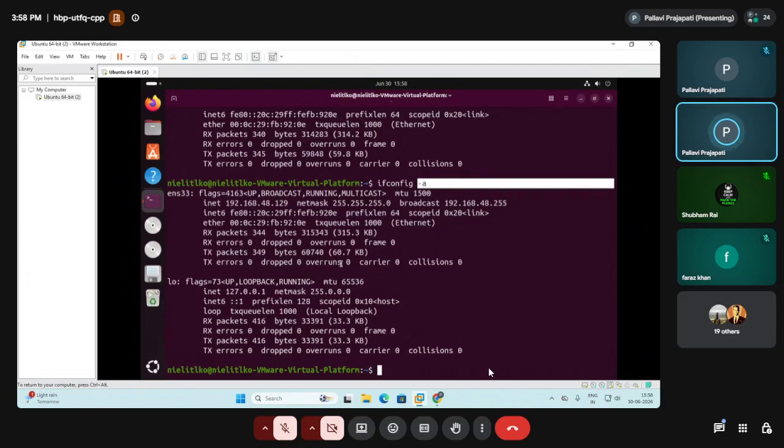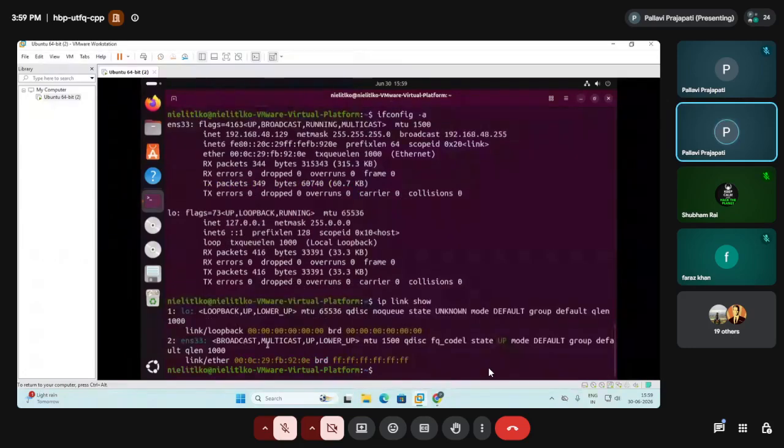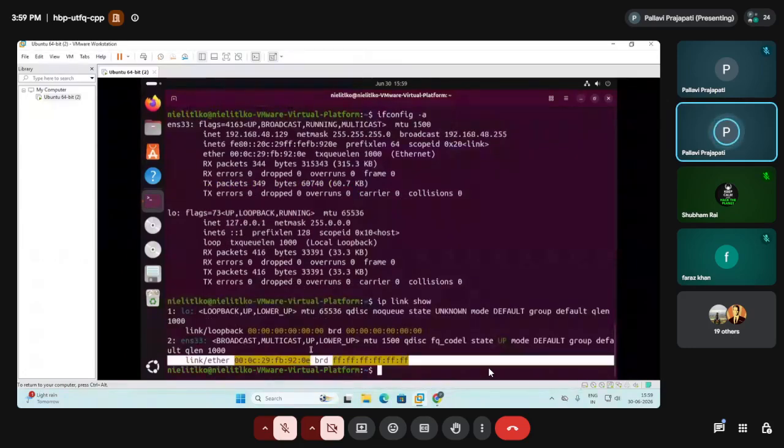Now next we have ip link. What does this link do? ip link show. See what information it is displaying.